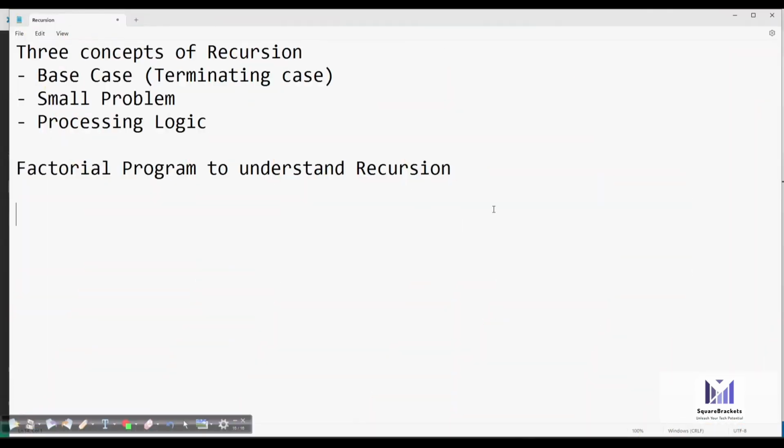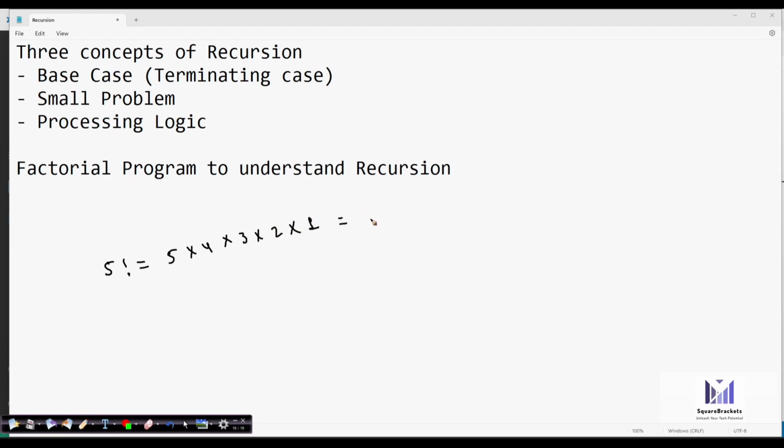In order to understand recursion, we are going to talk about the factorial program, like how to find the factorial using recursion. What exactly is a factorial? If I say I have to find the factorial of 5, what is the factorial of 5? It is 5 into 4 into 3 into 2 into 1.